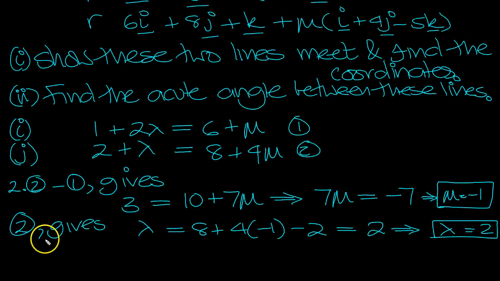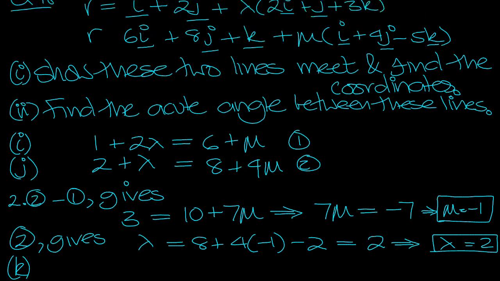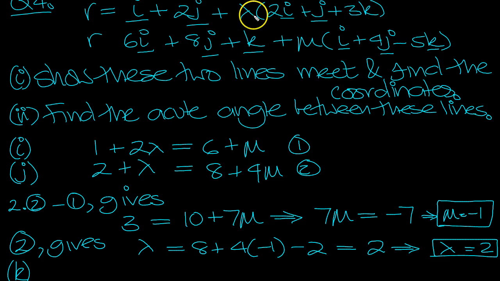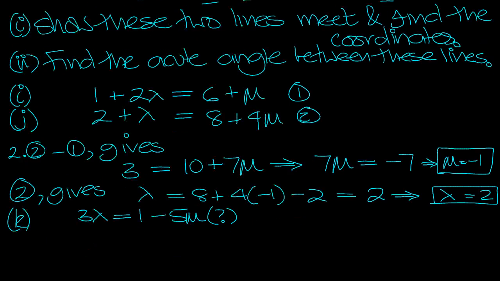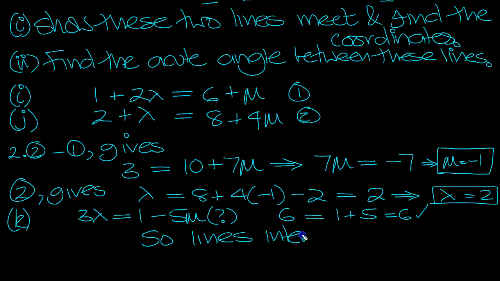Now let's check the k coordinate to see if the lines do in fact meet. So we've got the k component is going to be just 3 lambda, and that needs to equal 1 minus 5 mu. And that's a question mark. So what have we got? 3 lambda is 6, is equal to 1 minus 5, 1 plus 5, because mu is minus 1, which equals 6. So lines intersect, don't they? Because the k values are also the same. So the lines intersect